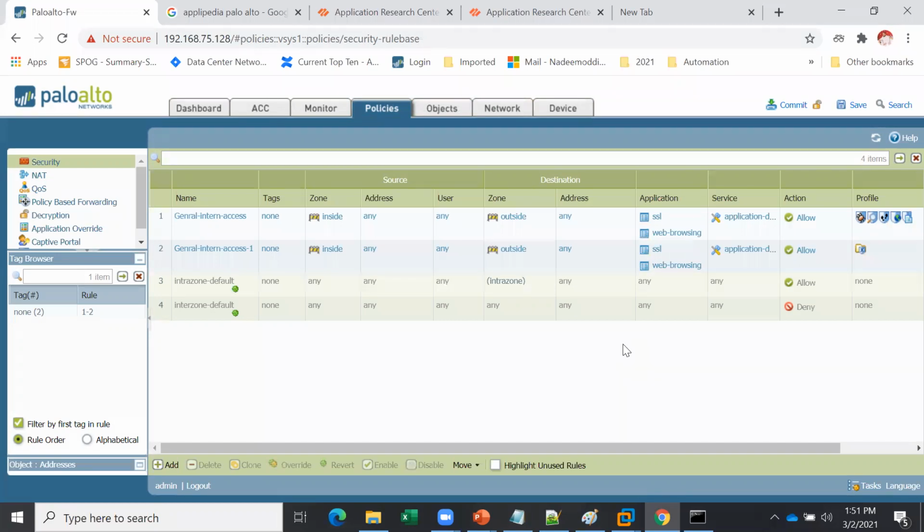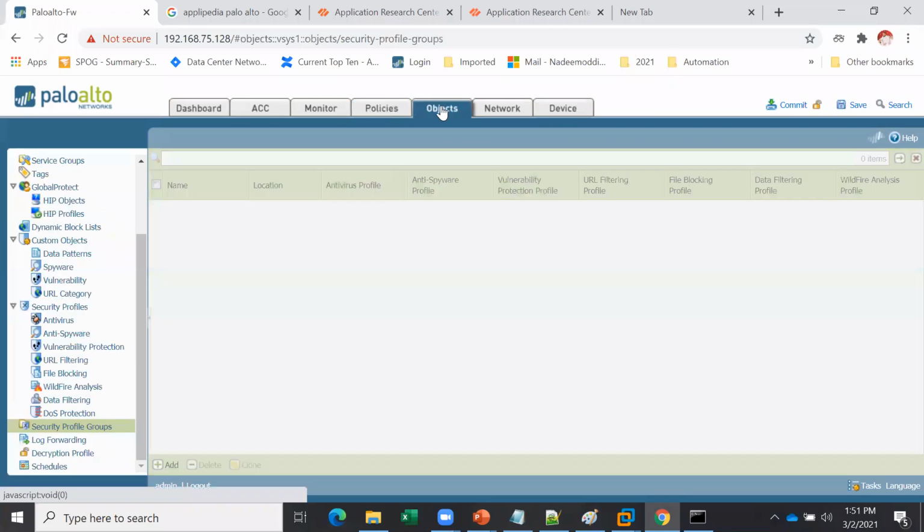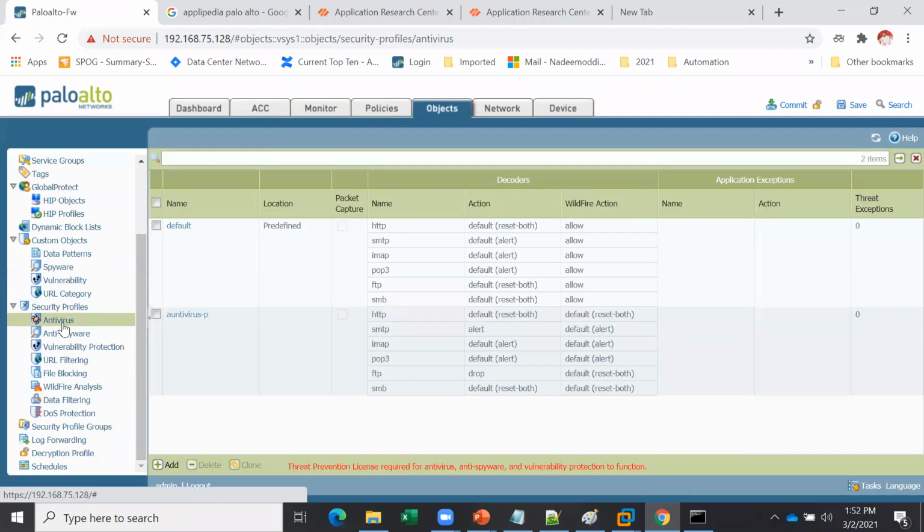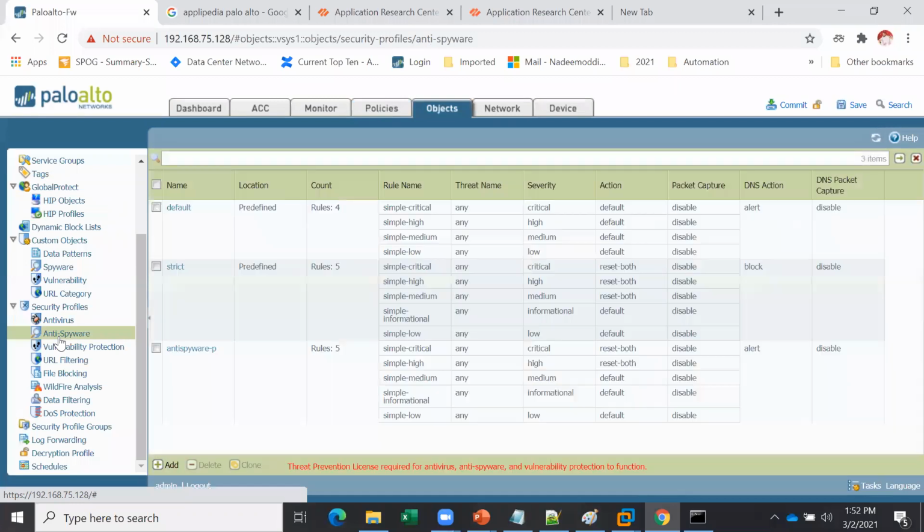So this is a security profile. All of this is called content ID. So user ID, app ID, and the content ID. And obviously it requires some knowledge of security stuff.